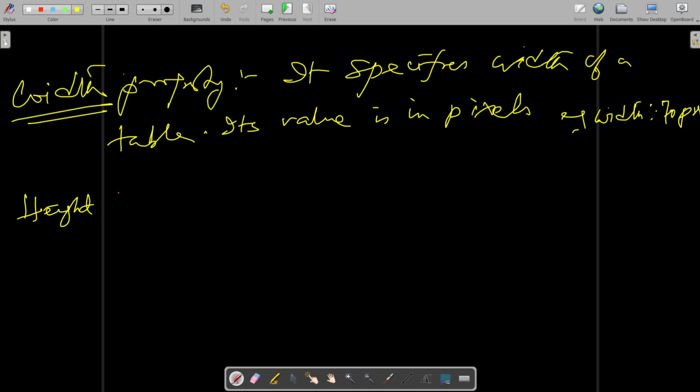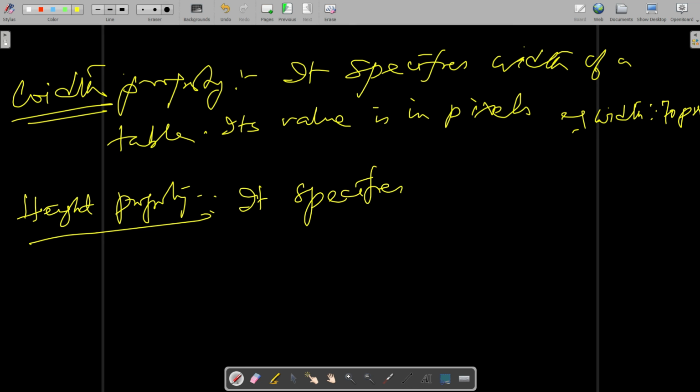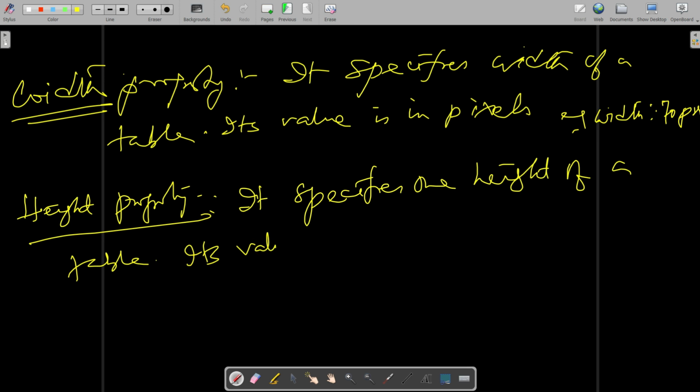Similarly the height property specifies the height of a table. Its value is in pixels.